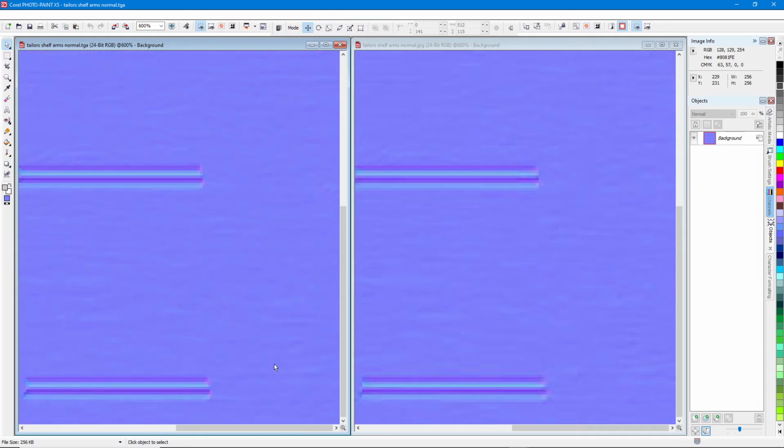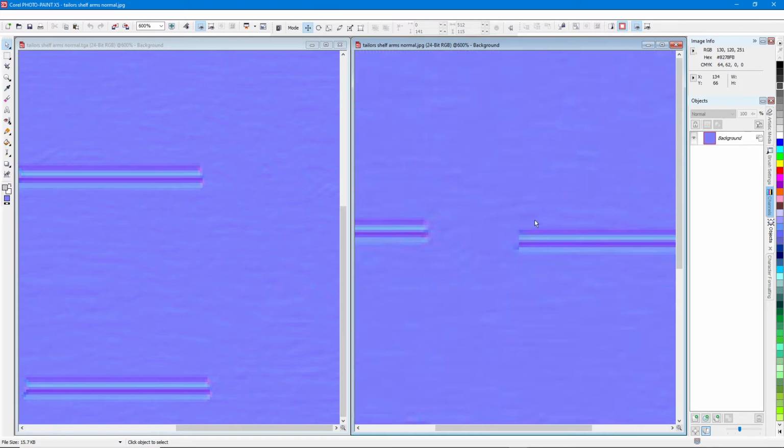So what you want to be doing, if you zoom right in, you can actually see the compression blocks that are created when the JPEG is formed. And per the previous video when we were talking about this, what that does is it causes artifacts in the normal map. So in some of these areas, can't really see it without